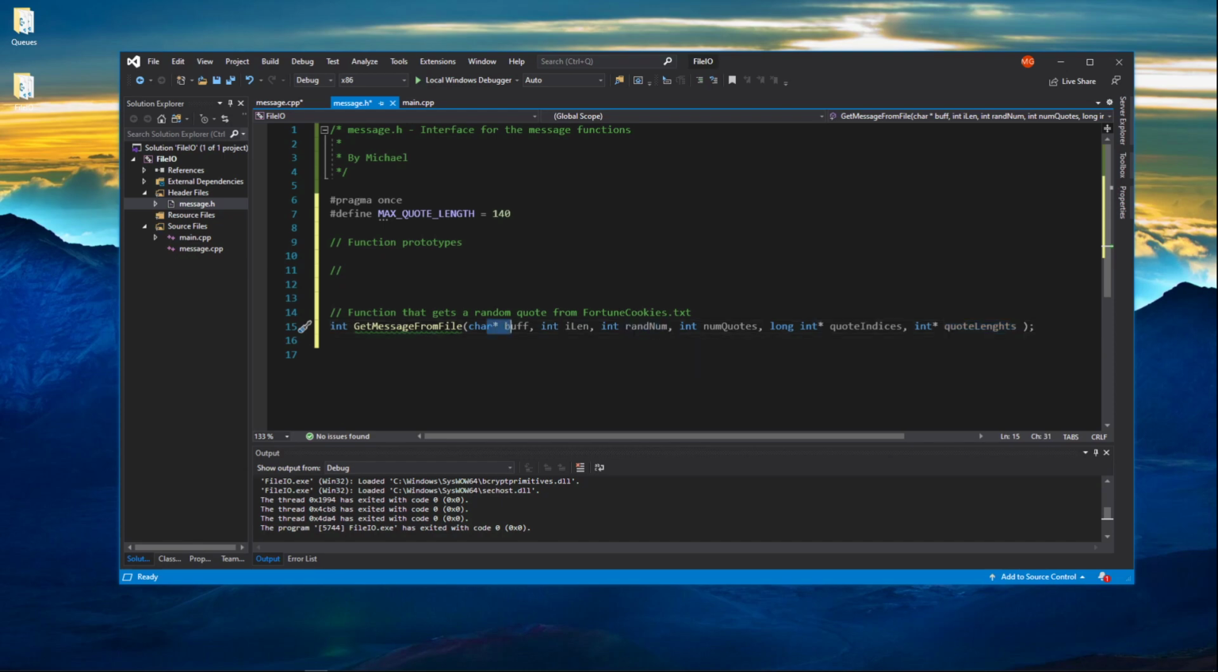Okay, so we have a buffer. We have a length, so this is our quote length. This is the random number of the quote. This is the total number of quotes in the file. This is the indices of the quotes in the file. And this is an array with all the lengths of the quotes in the file. So at the end of the day, this random number is going to go in here in order to give us ilen. But because we could potentially have different files, and we want our function to be able to do everything,